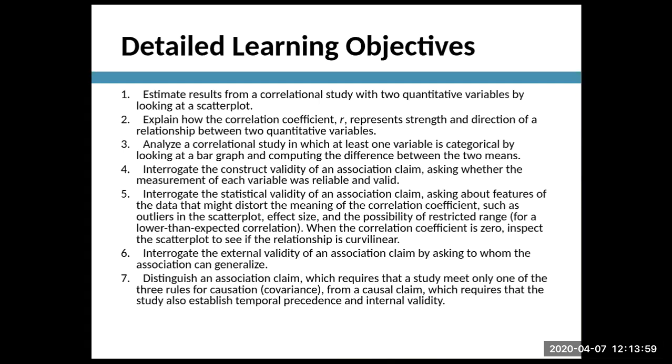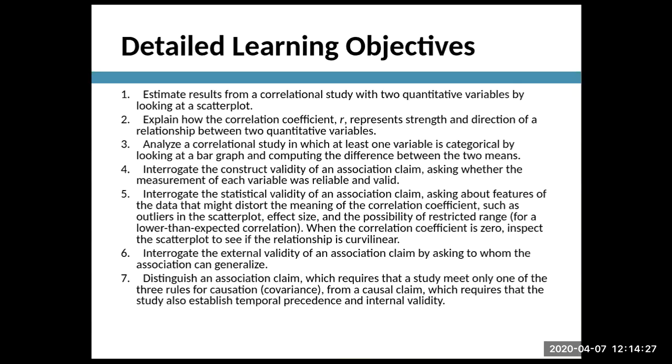We can look at the results using a scatter plot like we've been doing in the past few weeks, and we can also, of course, look at the results using an R value, or the regression value. So number 2, I will explain how the correlation coefficient, R, represents strength and direction of a relationship. We've looked at it in terms of reliability and validity. And now we can, of course, look at it in the main way we were used to looking at it, which is as part of a correlation.